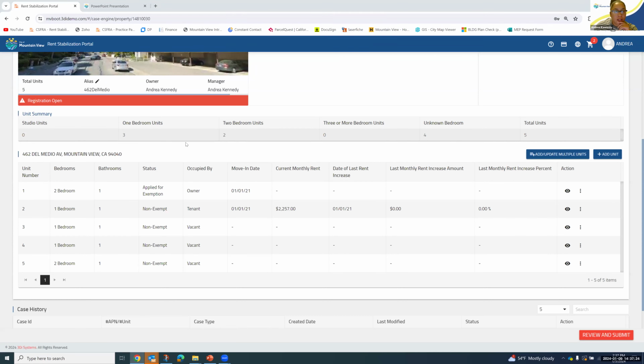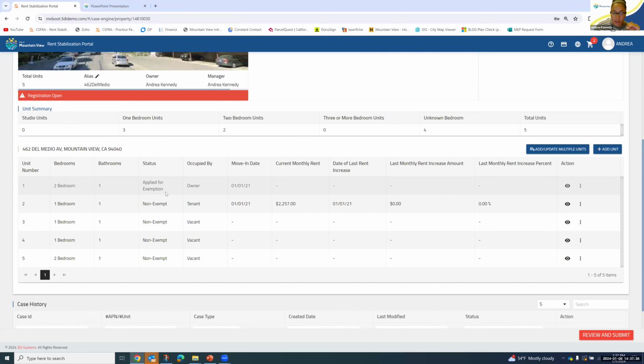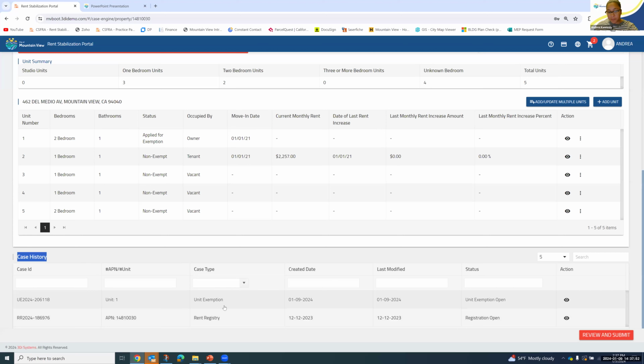So then you'll notice here on my unit overview section in unit 1, the status will show applied for exemption. So now you can know that this unit has applied for an exemption. And if you scroll down even more into your case history, that's going to keep a history of every sort of action that you do in the system. So anytime you apply for an exemption or submit a termination notice, it'll all show up here.